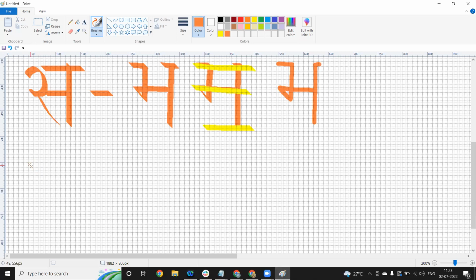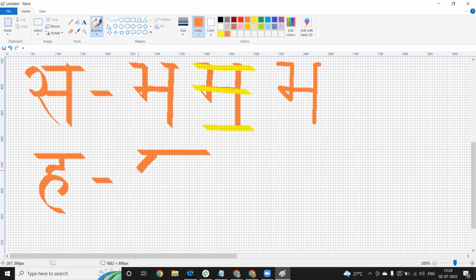Then after this we'll be moving to the Sanyukta Akshar. This is Her. Shirorekha, and from the left of the Shirorekha we draw this line here,